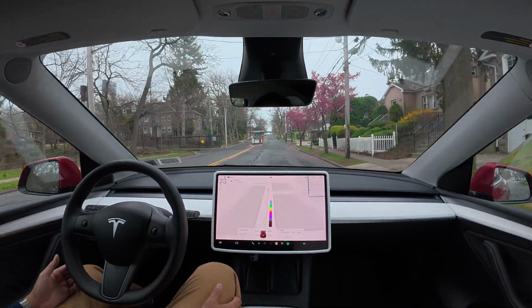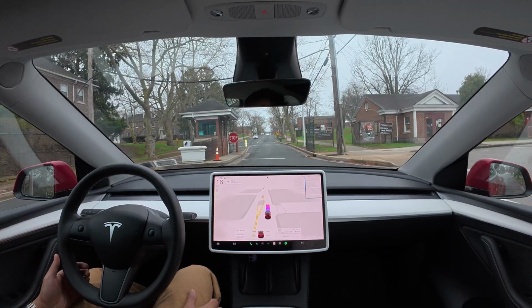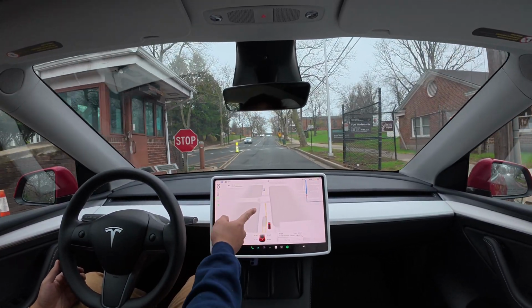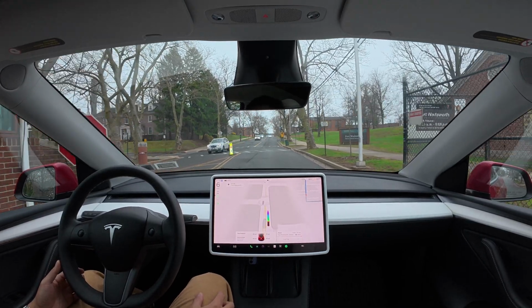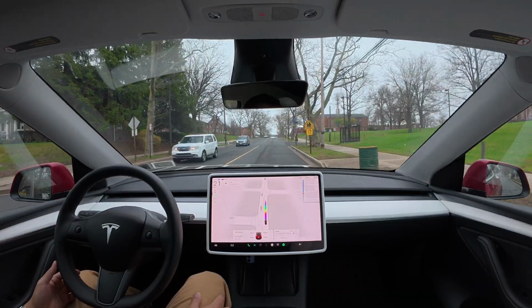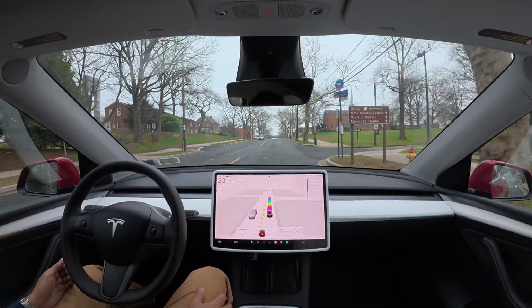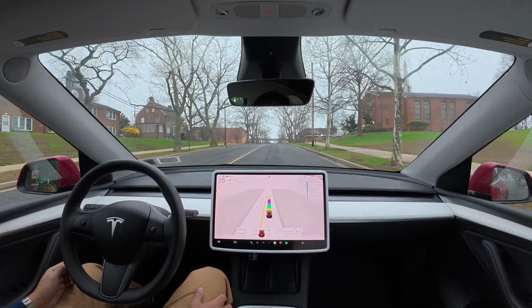Alright, so there's a different stop sign here. Will it stop? Okay, good, it stopped. It notices it. So now we're entering Fort Wadsworth, and we are at the destination. So its stop sign, its marker is gonna be still...